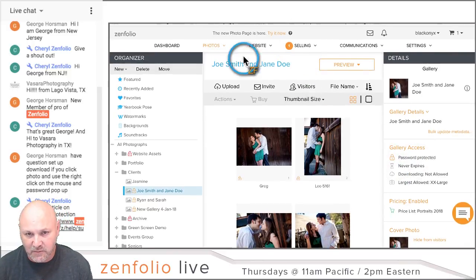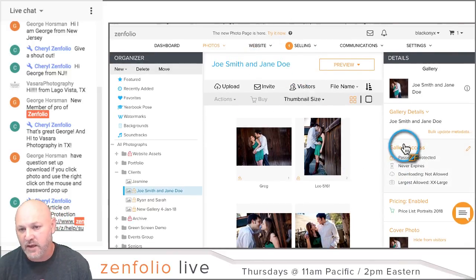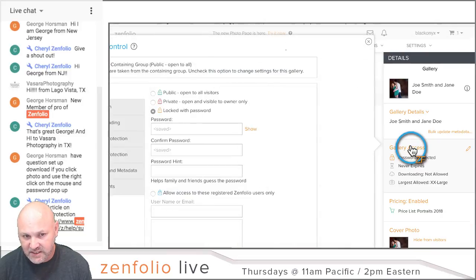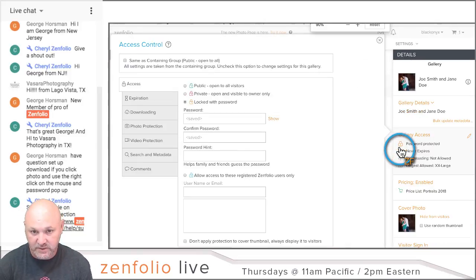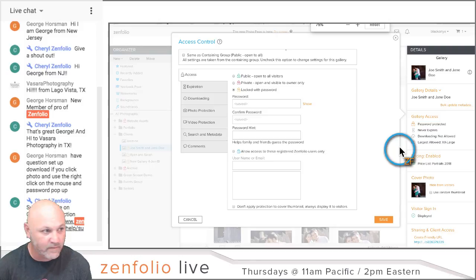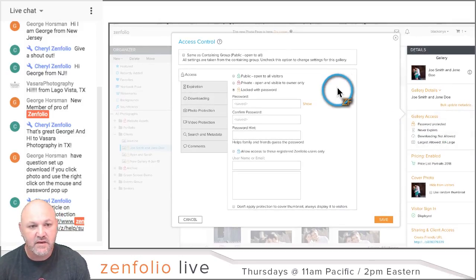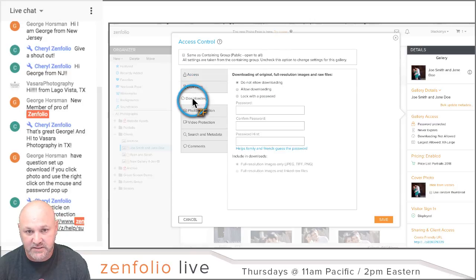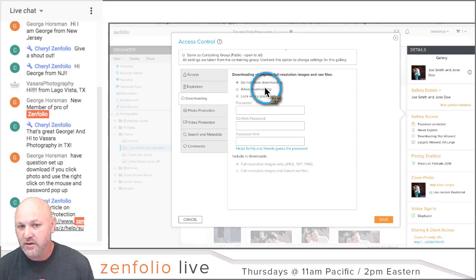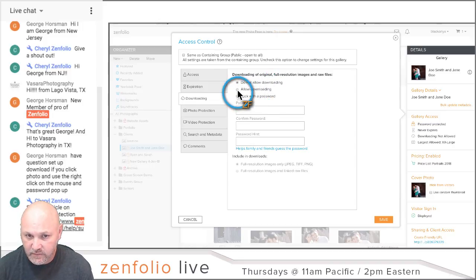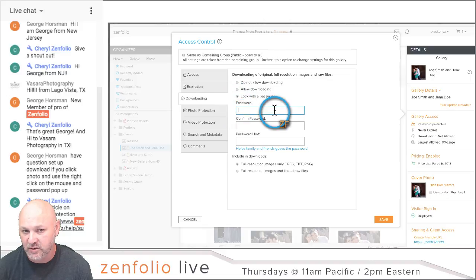Gallery access is going to be up here somewhere, but for now I'm just going to show you here. You go to gallery access, and then let me zoom out a little bit so you guys can see everything here. There we go. So in gallery access, there is a downloading setting right here, and this is where you can set to do not allow downloading. You can turn downloading on, and you can also turn downloading on with a password right here